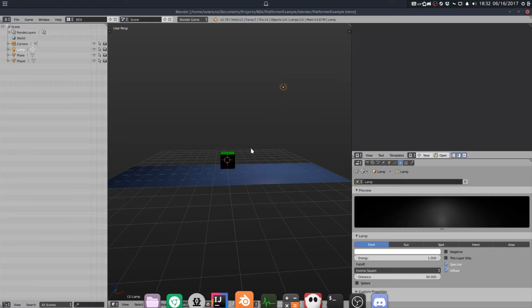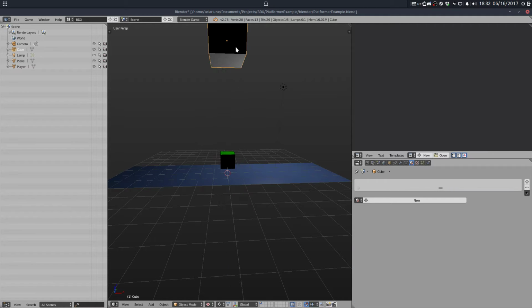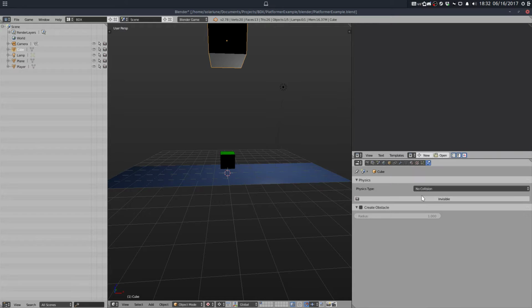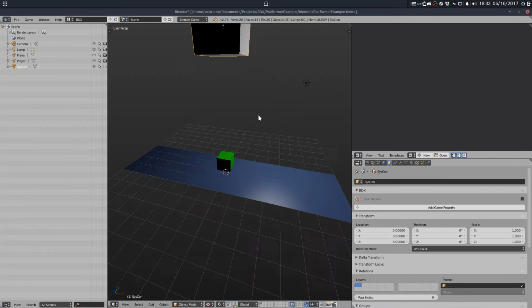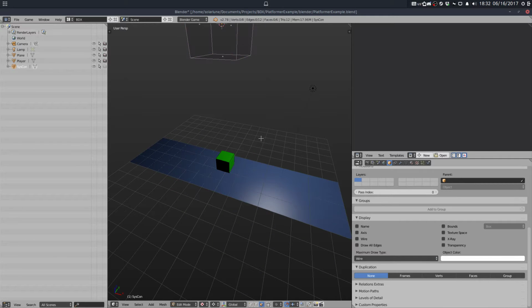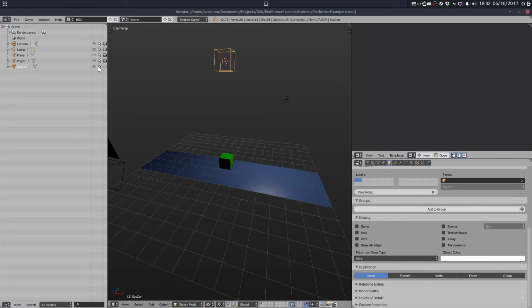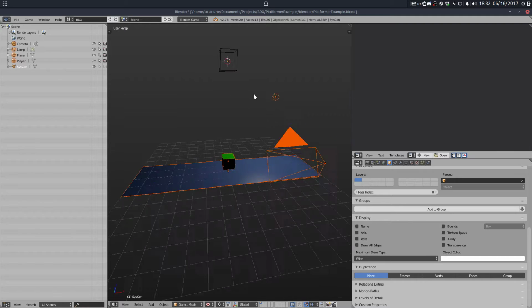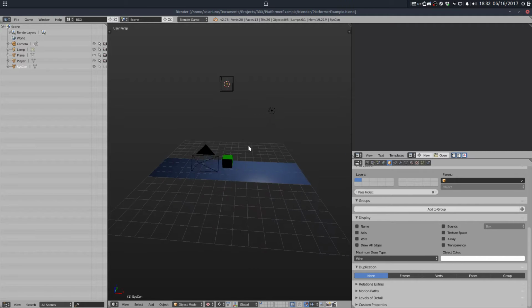Now, in order for this to work, we need a syscon object. So we're going to make just a cube, make it invisible, and no collision, and call it syscon. Make it wireframe. We can also make it a little smaller. And that's about it. I think, yeah, we can also make it so that you can't select it, because you never really would have to select it, so that's fine. We can do that. Alright, so when we play,